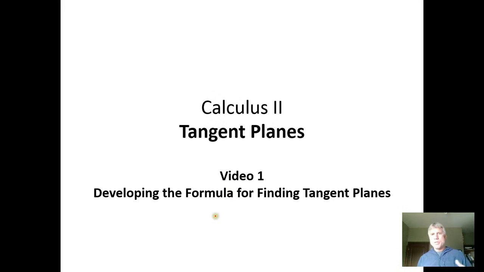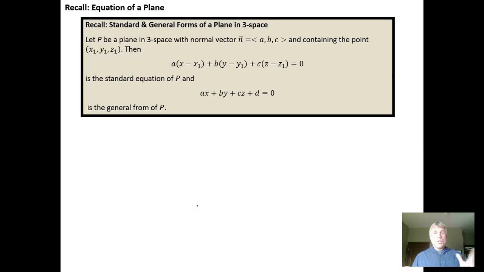So in this video we want to develop the formula for finding a tangent plane to a surface in space. So just to remind ourselves, the equation of a plane, which we developed in an earlier video: if we have a plane that contains a point, and we know a vector that's normal to the plane, or perpendicular to the plane, we get the equation of the plane by multiplying the first component of the normal vector by x minus